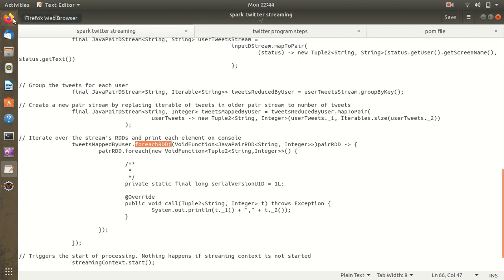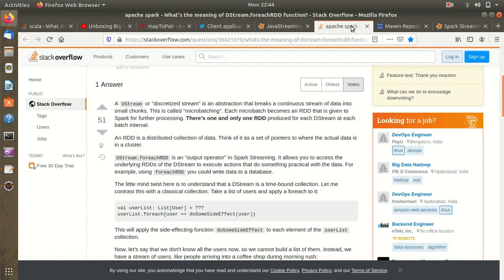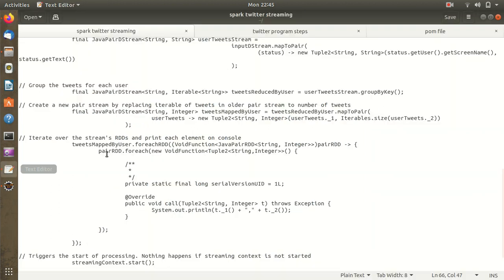For this also I have opened up one page for you. You can see that dstream.foreachRDD is an output operator in Spark Streaming. It allows you to access the underlying RDDs of the dstream. For example, using foreachRDD you could write data to a database. Here, using foreachRDD, we are writing that text back to the screen.